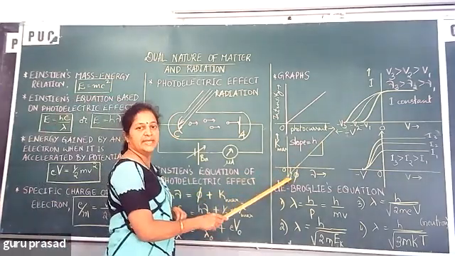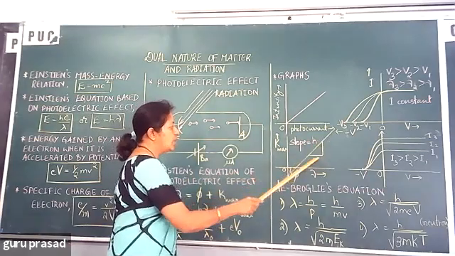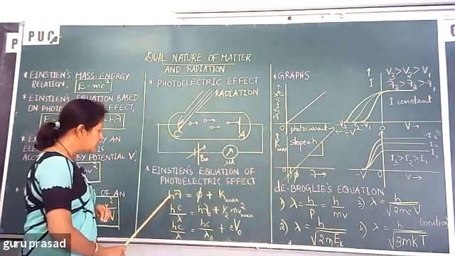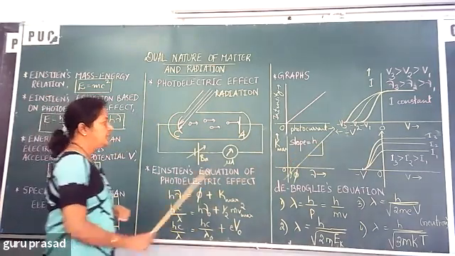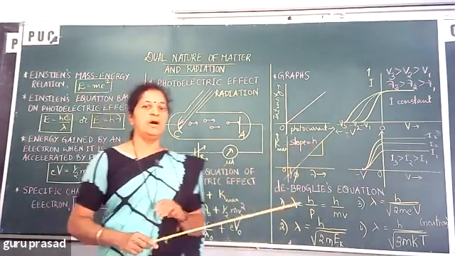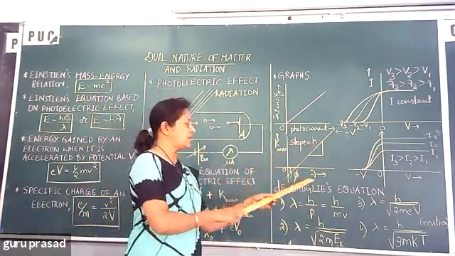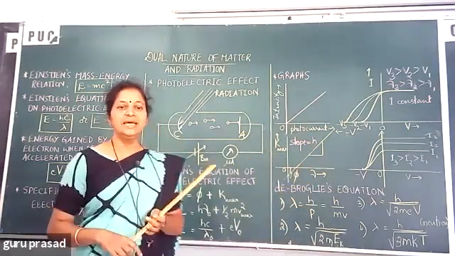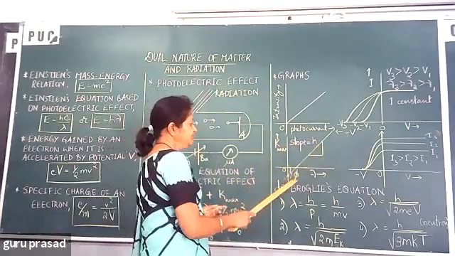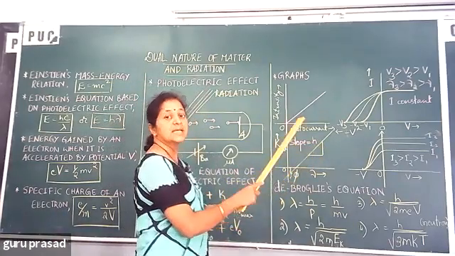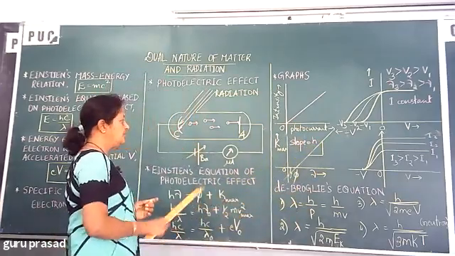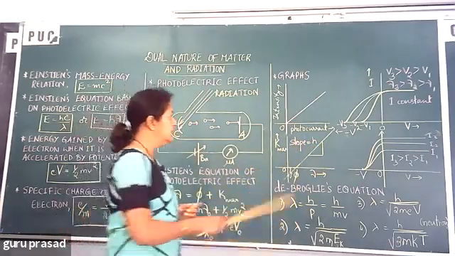That intercept indicates the work function, and the slope indicates this h. Because y is equal to mx plus c, m is the slope, that is h. That's why, slope of what graph? The graph of maximum kinetic energy and frequency fetches you the slope. That slope is Planck's constant, h. I'll show you when you get a problem on that later, but you must have that idea.